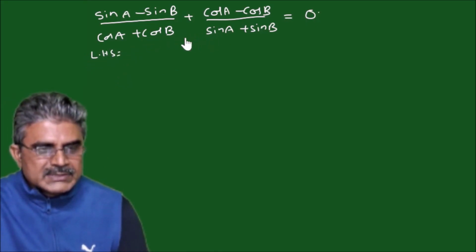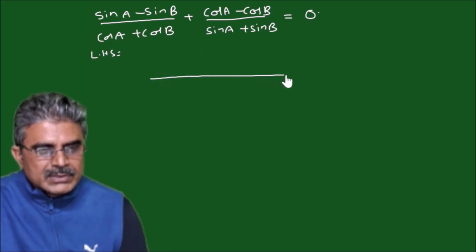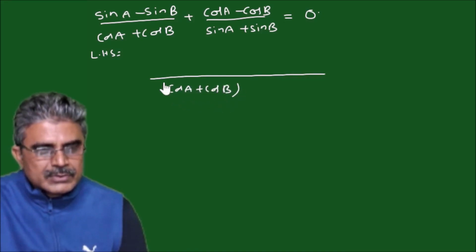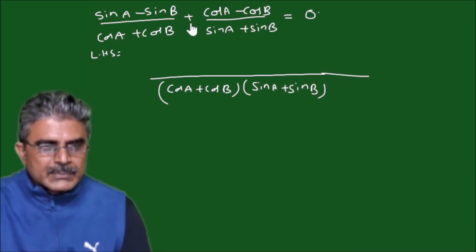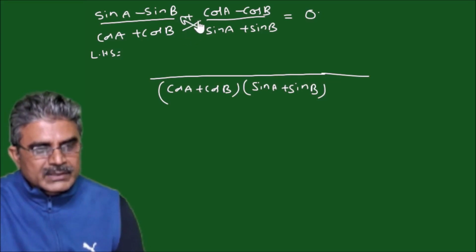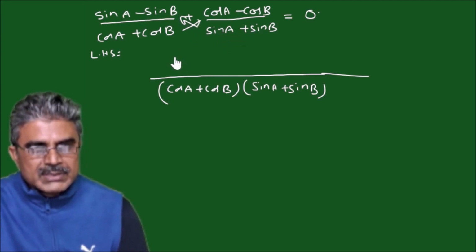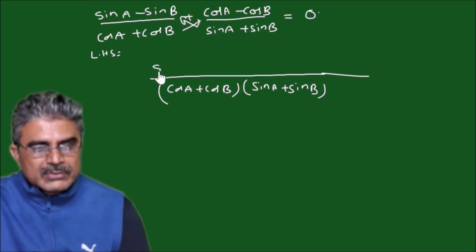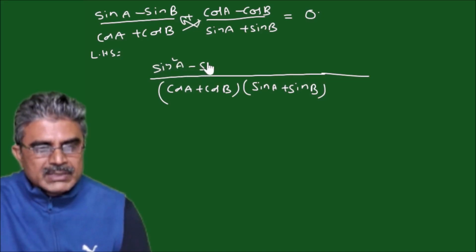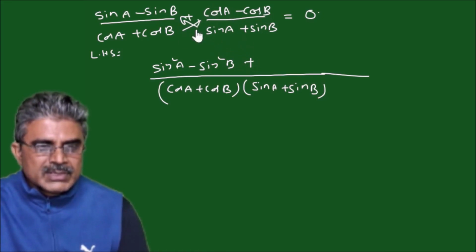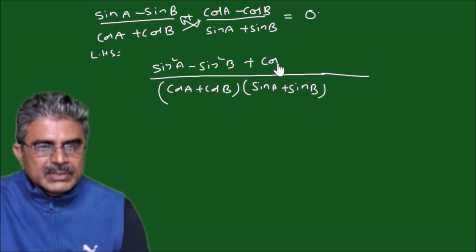If you take the LCM, in the denominator you will have (cos A + cos B)(sin A + sin B), and the cross terms, the remaining factors, will be multiplied with that, so that (sin A − sin B)(sin A + sin B), it is like (A − B)(A + B), so that you will have sin²A − sin²B plus, and here also this will be (cos A − cos B)(cos A + cos B),